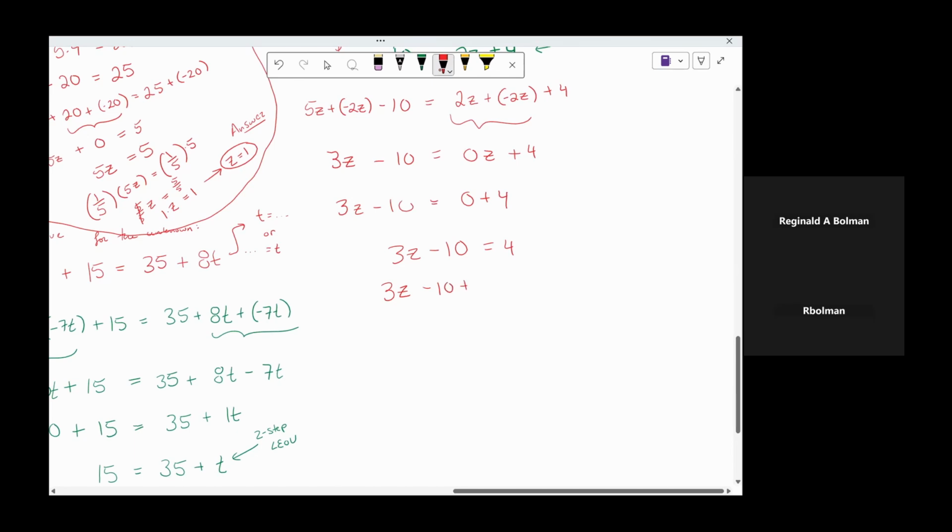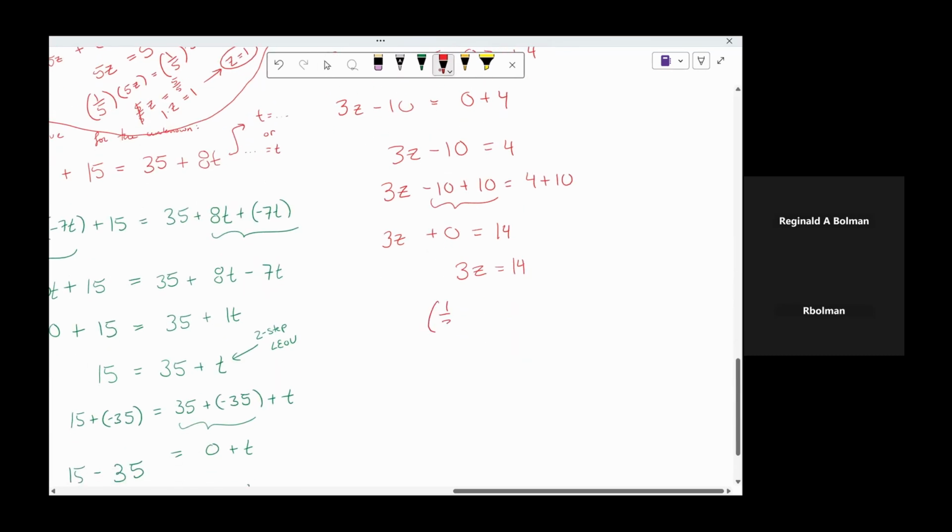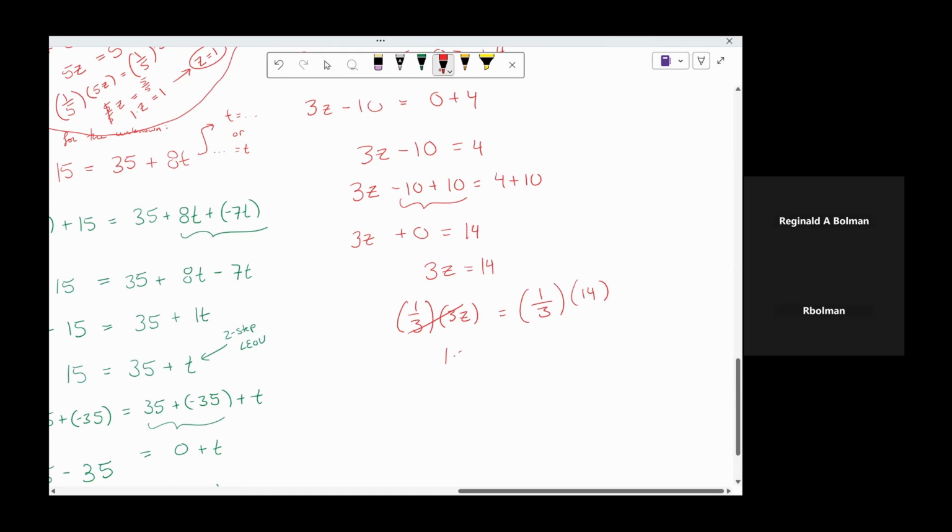Go ahead and use the additive inverse on both sides of your equal sign. You're going to get negative 10 plus 10. That gives you 0. So you have 3z plus 0 is equal to 4 plus 10, or 14. Now you have a one-step LEOV. So we just need to use the multiplicative inverse. Multiply by 1/3 on both sides of our equal sign. 3 divides out with 1/3, and that just gives you 1. 14 times 1 is 14, and 14 is not divisible by 3, so your answer is z is equal to